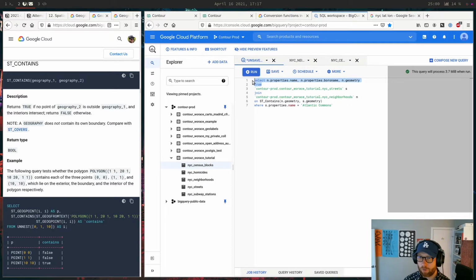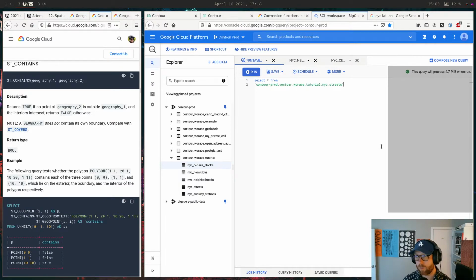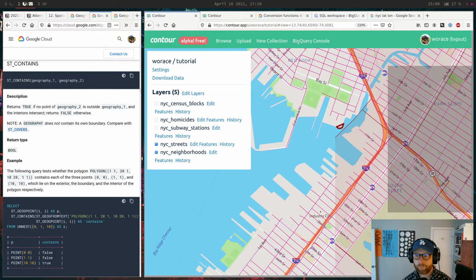How much is it just to process everything in streets? Select star from streets. Oh, okay. So streets by itself. Okay, yeah. So I think it basically probably scans both of them is the short answer.